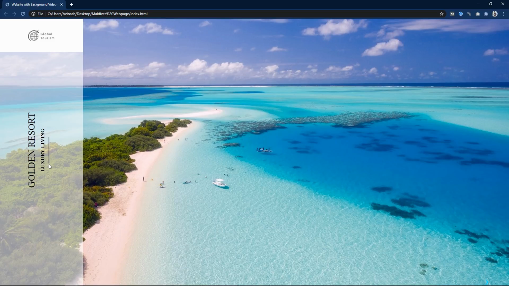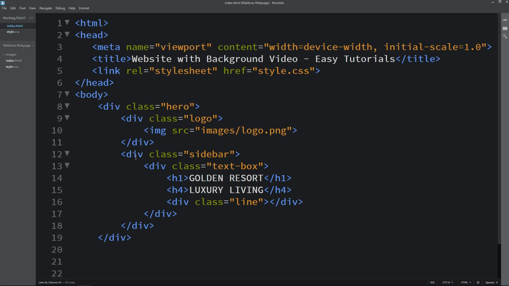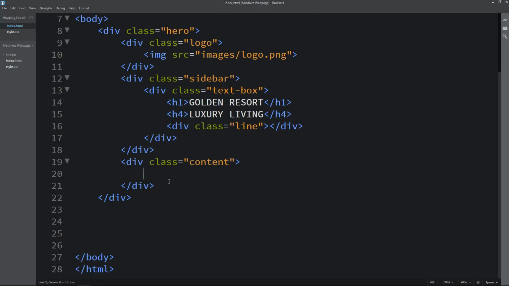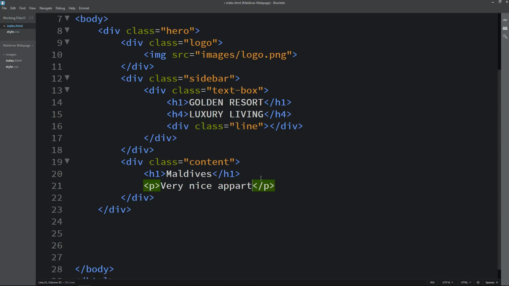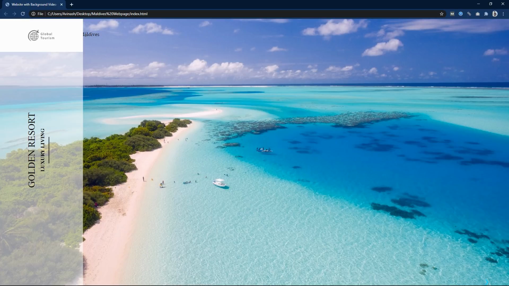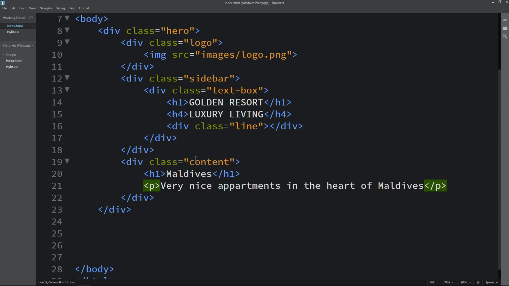After that, we will add some content and one button. So just come back, and here we will create another div with the class name content, and here let's add one text in h1. So this is the text. I will add one more text in a small font, so I am using p tag, and this is the small text here. Now you can see this text is again behind this logo, so just copy this class name